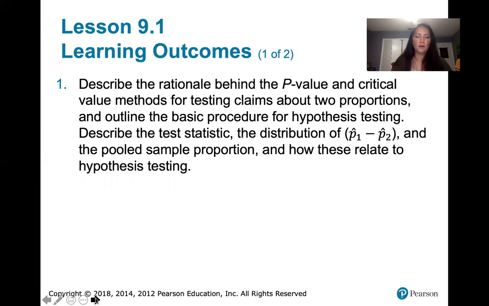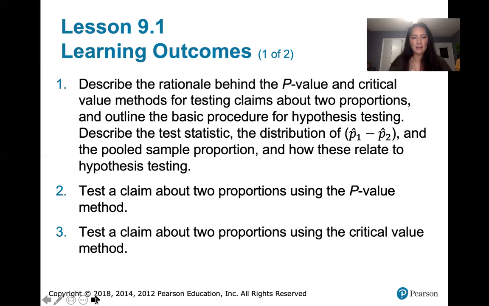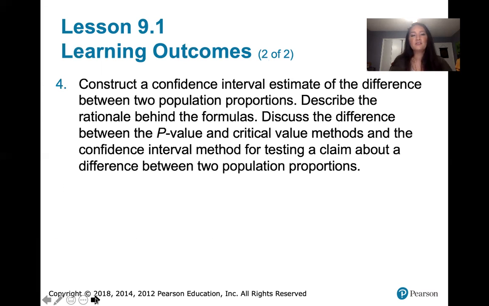So after we learn what we're doing and why we're doing it, we're going to apply that to test a claim about two proportions using the p-value method. With this learning outcome, we're actually working out a problem that is very similar to the problems that you'll see in your homework or on exams. In learning outcome number 3, we'll test a claim about two proportions using the critical value method rather than the p-value method. Then in our fourth learning outcome, we'll learn to construct a confidence interval estimate of the difference between